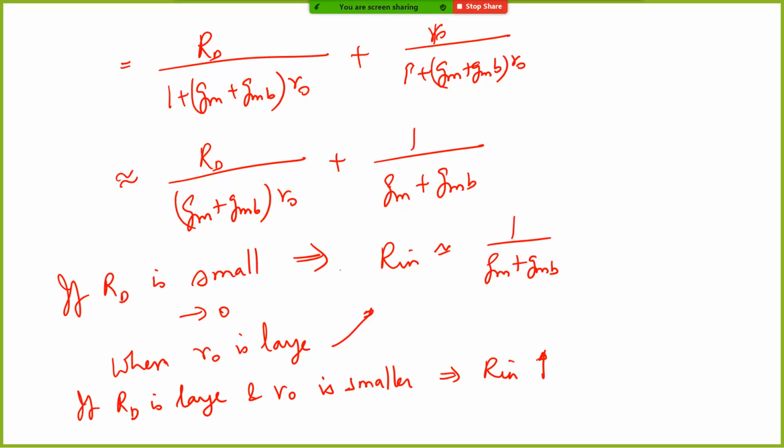So if you want an input impedance of 50 ohm, you cannot get it out of a common source amplifier directly. It is not possible because at lower frequency, the common source amplifier's input impedance is only a capacitive impedance, right? Therefore, if you use a common gate, and you make sure that your R naught is larger, you can improve your R naught by putting a cascode, and you make sure that RD is not coming into the picture. Then it is possible